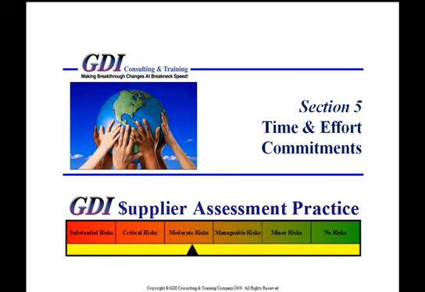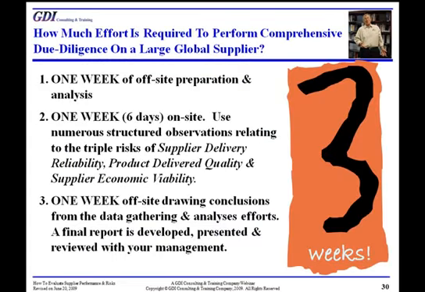So let's talk a little bit about time and effort. Once we get the call, it takes us a week to mobilize, but during that week, we're getting information from the client. So the first real week of the engagement, we're off-site, usually in our offices, doing preparation and off-site analysis. The second week, we're on-site, in-country, using all of our structured observations and diagnostic routines to address all that which could create risks to delivery reliability, delivered quality, and the supplier's economic viability, which leads ultimately to their ability